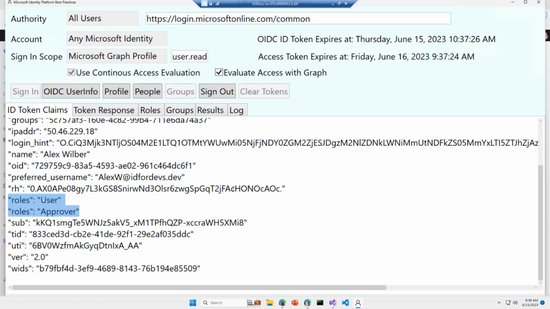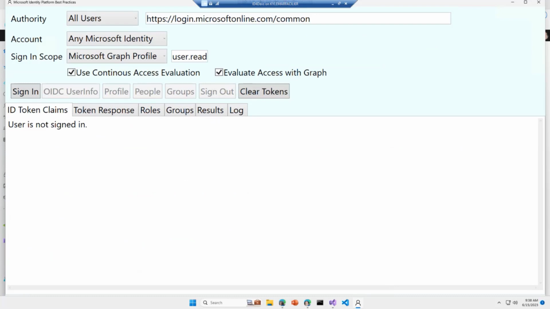Again, as a developer, you have to be aware that there may not be a roles claim, even though I'm asking for it. At which point you would probably fall back to whatever that baseline user role you defined would be, what someone would get if they also didn't have an assigned role. Right, so you have to be aware when you're making up app roles that can be assigned to users and groups, that the role claim may not be present. Let's go back to our slides,